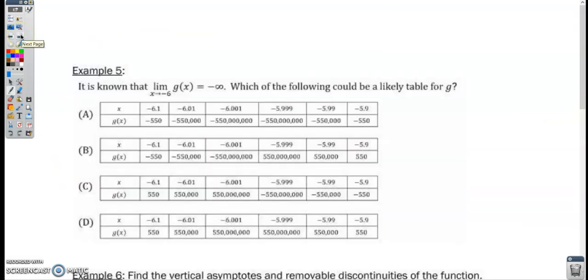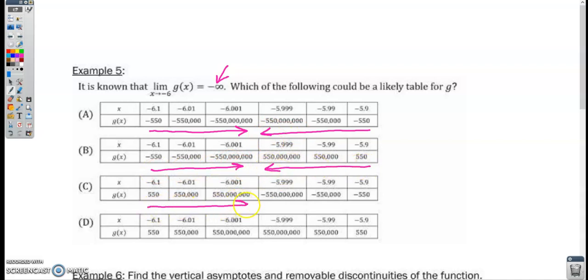Example 5. It's known that the limit as x goes to -6 of the function g of x equals -infinity. Which of the following could be a likely table for g? If we look at these tables, since we're saying that the limit is -infinity, that means it needs to approach -infinity from both the left and the right